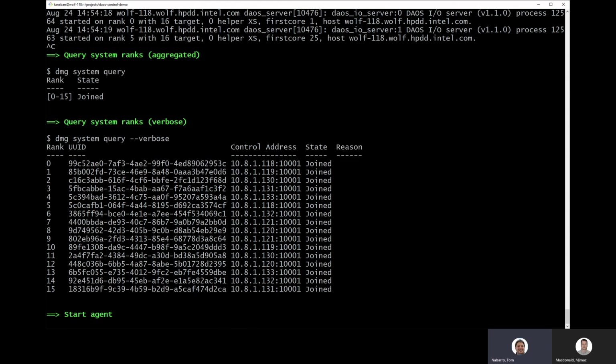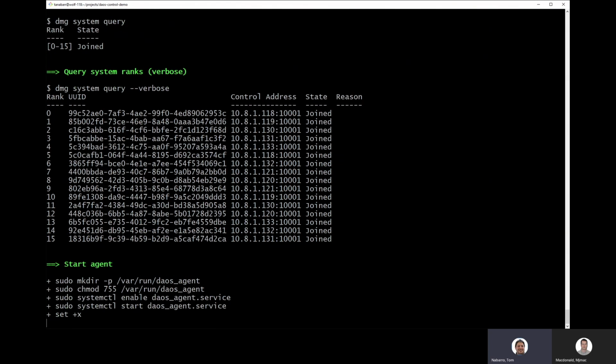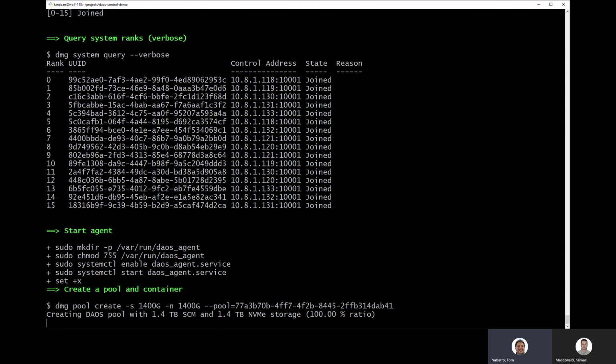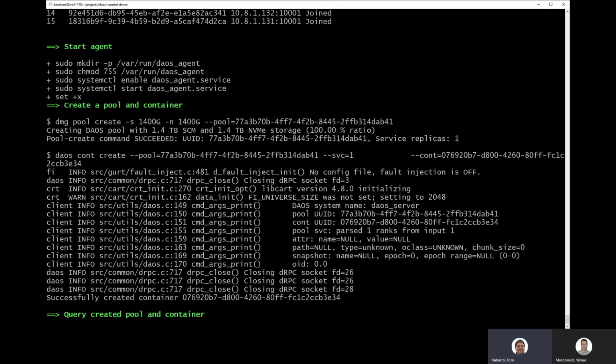And if we press enter, we can start an agent. This is a DAOS agent, which will allow authentication. So we're going to create a pool and container on the system that we now have up and running. If we press enter, that will specify a 1.4 terabyte SCM size and a 1.4 terabyte NVMe size, and we're specifying the pool UID. And then